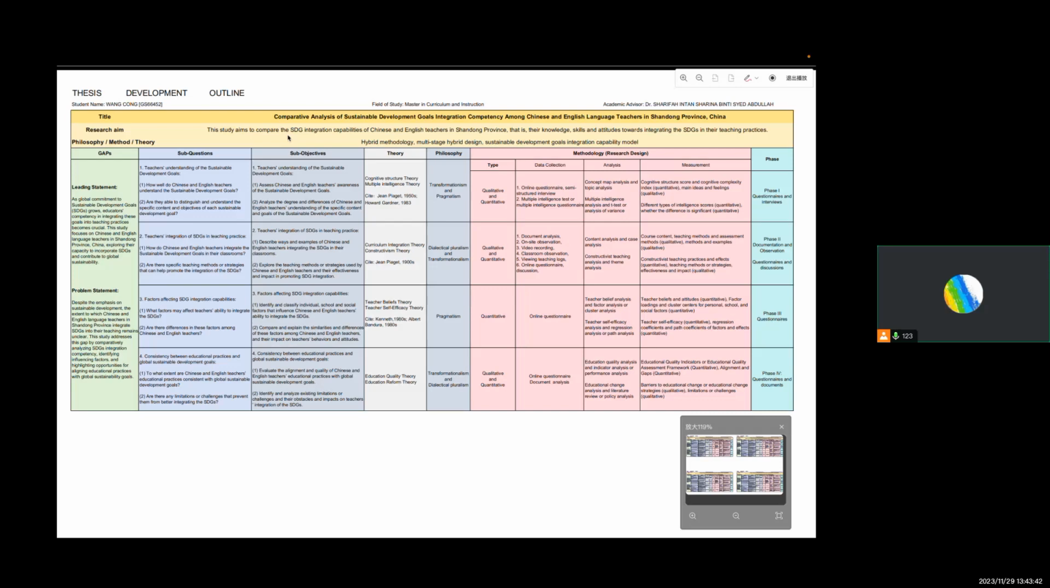And we can see the next is sub-objectives. There are also four objectives, and each objective has two smaller objectives. The first is teachers' understanding of the Sustainable Development Goals. The first one: assess Chinese and English teachers' awareness of the Sustainable Development Goals. And then analyze the degree and differences of Chinese and English teachers' understanding of the specific content and goals of